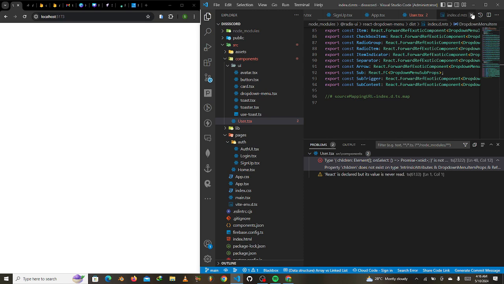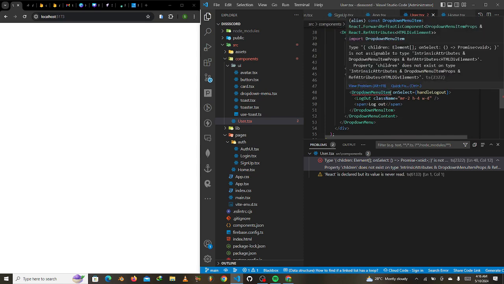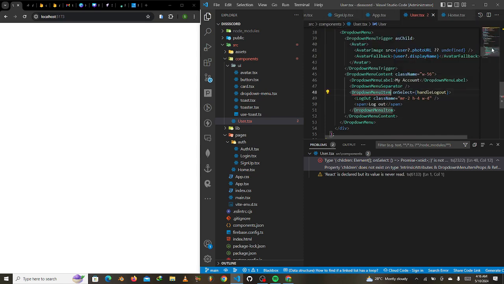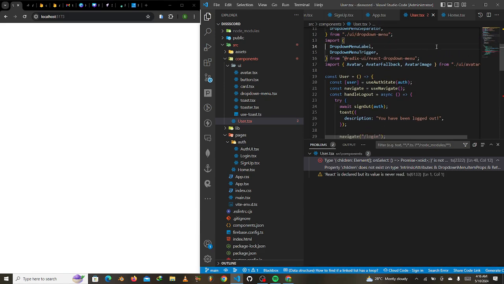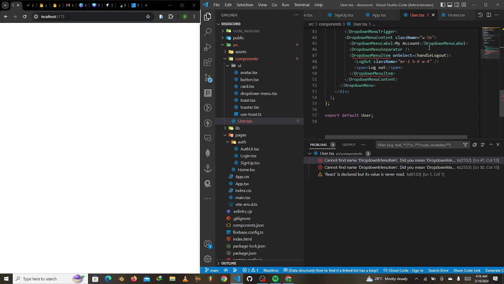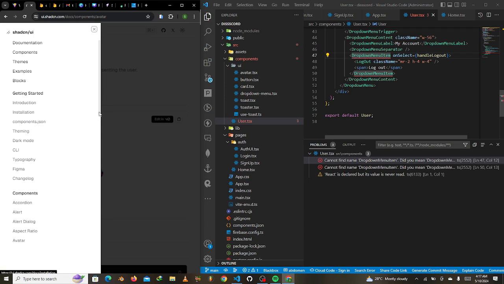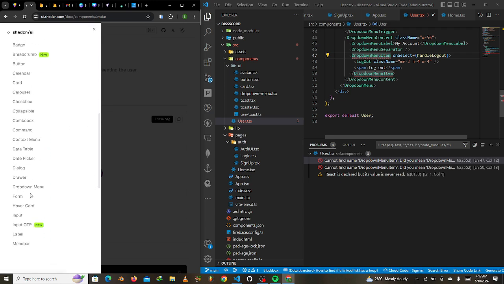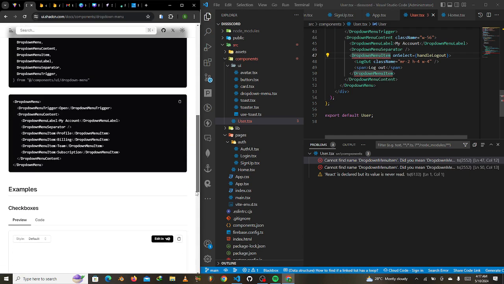Okay. Don't know what is going on there, but it's just a little weird that we are getting this error. I'll just remove the item from here. Remove the item, and I would say we can basically go to the documentation here and then check out the drop down menu documentation that we have. Okay, so I'm going to go to the drop down menu here and then come down to the docs here